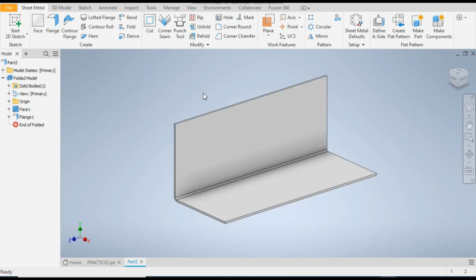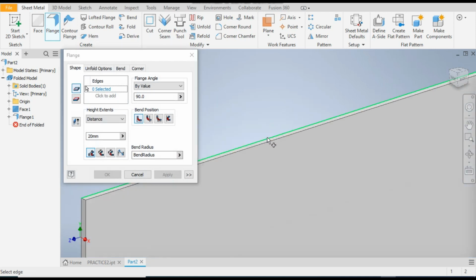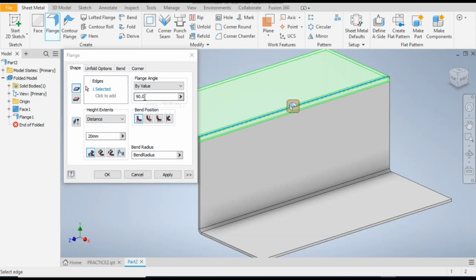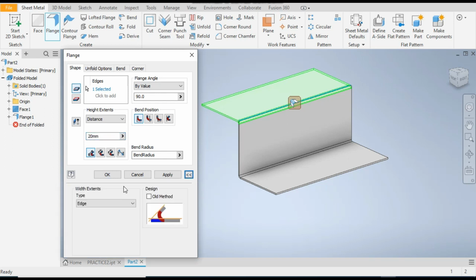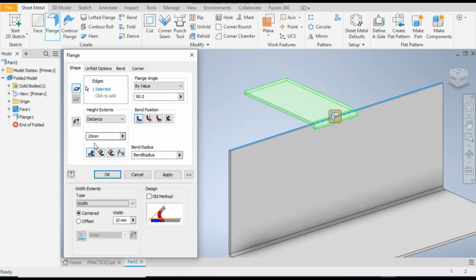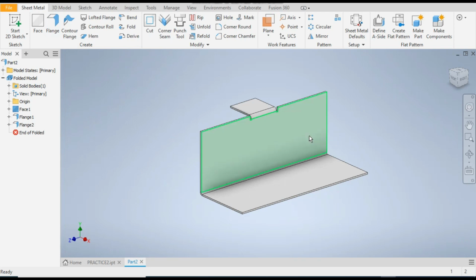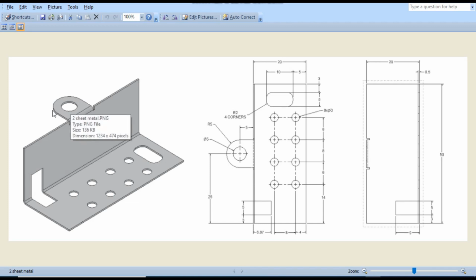So now go back to flange command, select the outer edge. The angle will remain 90. Now as you can see, it is selecting whole edge. So click on more settings and select width. We need a width of 10 mm and the height of also 10 mm, and okay. Now you can see, as this profile is completely round from here with radius 5,